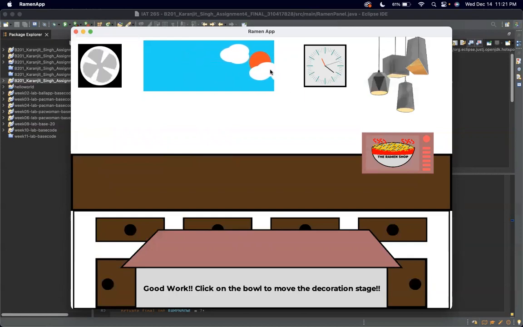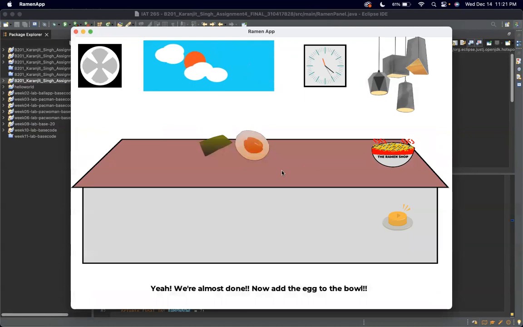I have added the windows, changing day and night based on the examples, a fan, and this is made using recursion, also the clock too. So when you click the ramen shop, it takes you to this, which is a decorator pattern. And now you can either end the game, just end the app by clicking this button right here, or you can